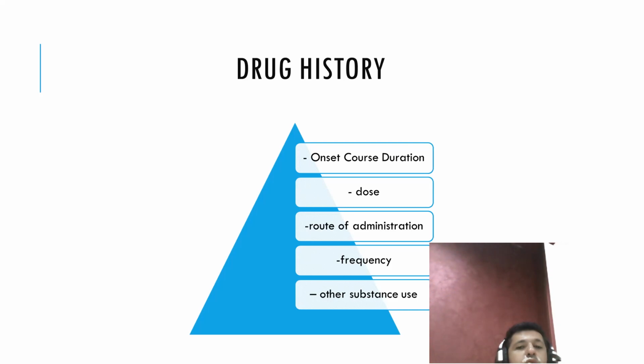Then you have to ask about the other substances and smoking. He can have a problem now with cannabis, but he is already taking other drugs at the same time, and maybe this is not the point of his interest, or he takes it not commonly, or maybe he is coming now because of a problem with cannabis, but he already has a problem with another substance. So you have to address this point.